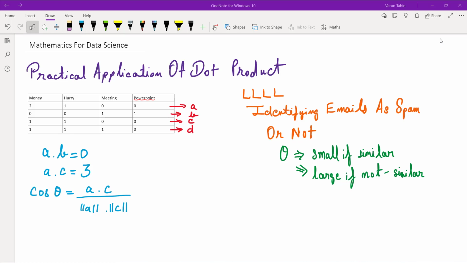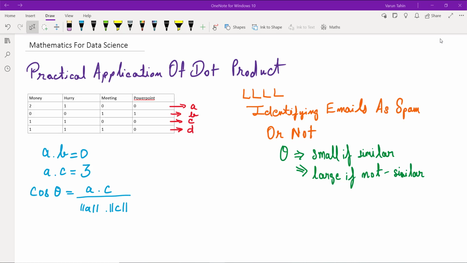Now we can represent each email as a vector of 4 dimensions. The first email is the vector (2, 1, 0, 0), which is represented by A. The second email is (0, 0, 1, 1), which is represented by B, and likewise. So each element of the vector represents the frequency of a particular word. So if you can imagine a 4-dimensional space with 4 axes, each representing the frequency of a word, then each email will be a vector in this 4D space. Now we can use the usual vector operations on the emails. For example, the angle between two emails will be small if they are similar to each other.